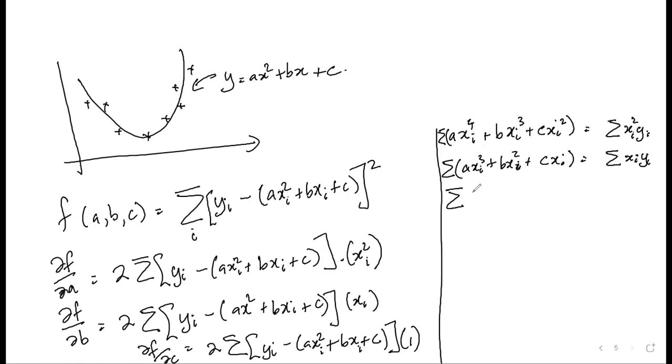And then finally we end up with a sum of x squared plus b sum of x plus c is equal to the sum of y. Or if we write it as a matrix, this is going to be sum x to the 4th, sum x cubed, sum